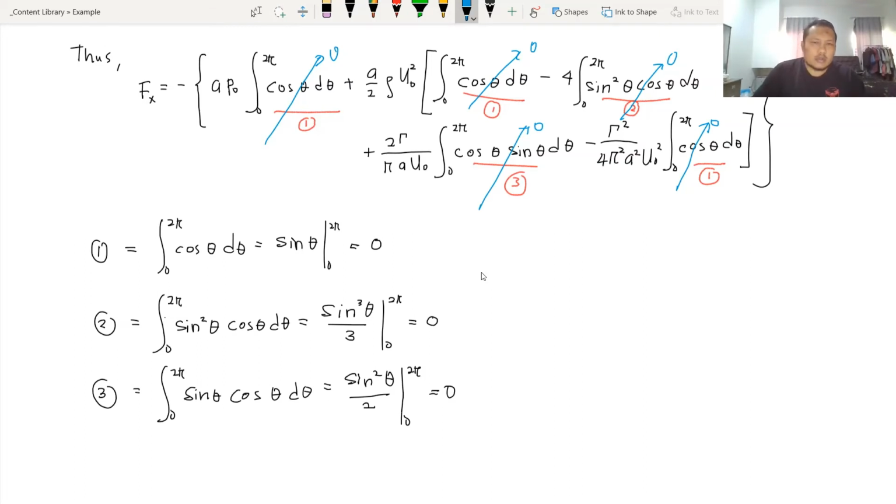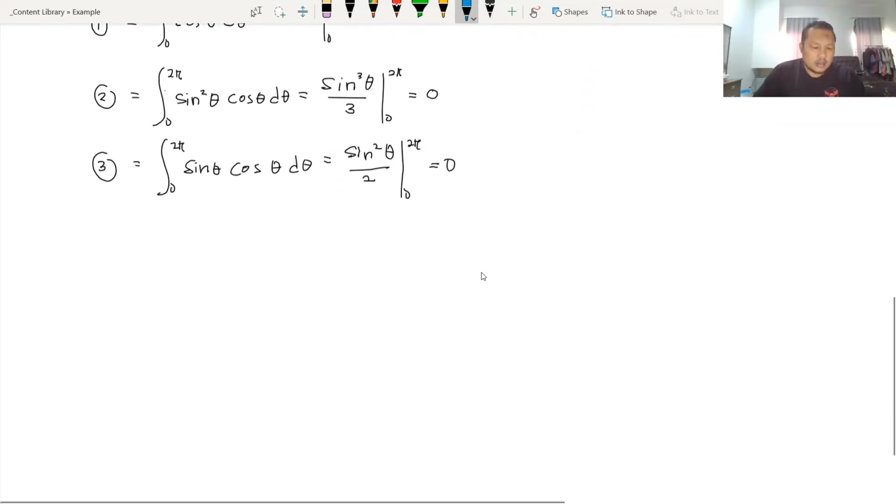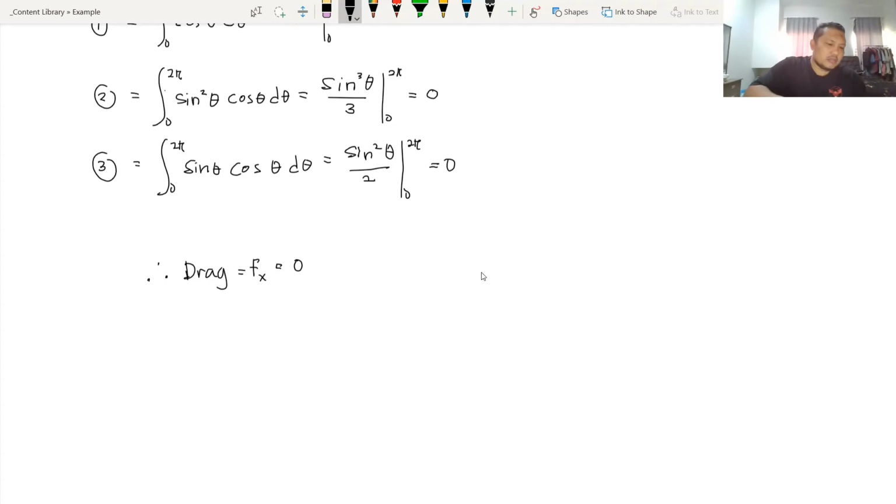So as a conclusion, therefore the drag effect is equal to 0. Okay, what does this mean? This means that whatever flow in the x direction,